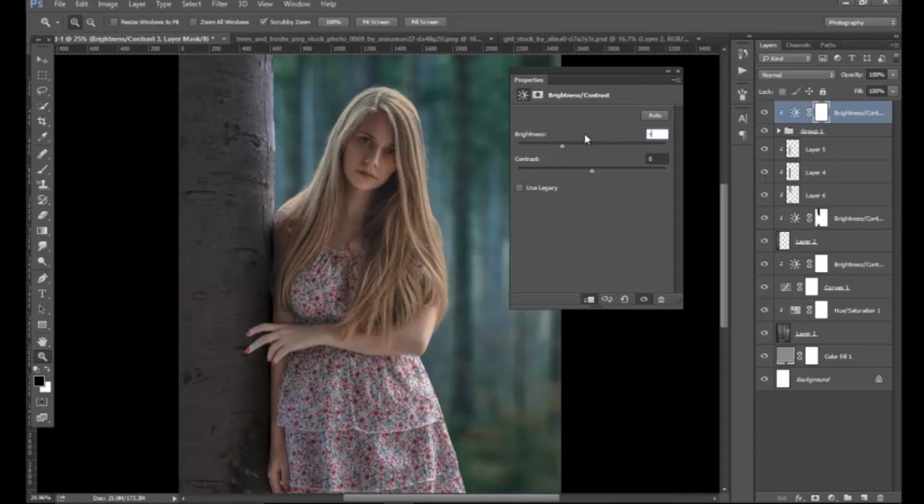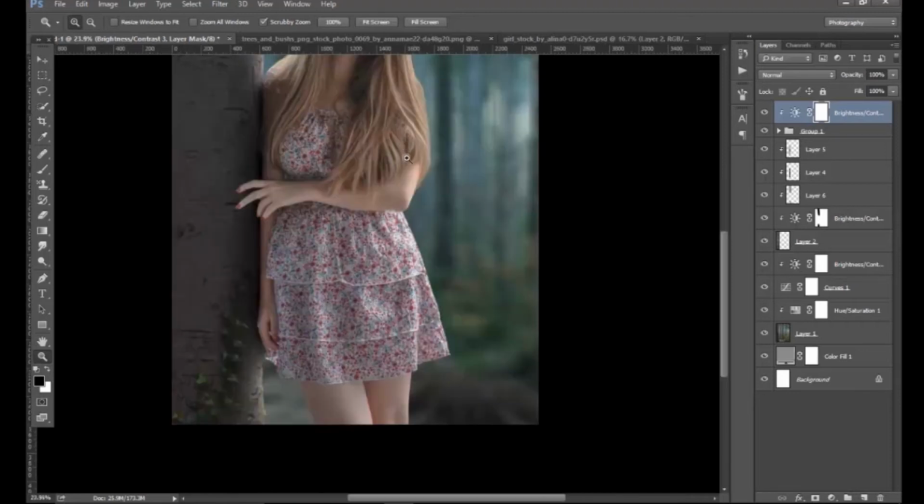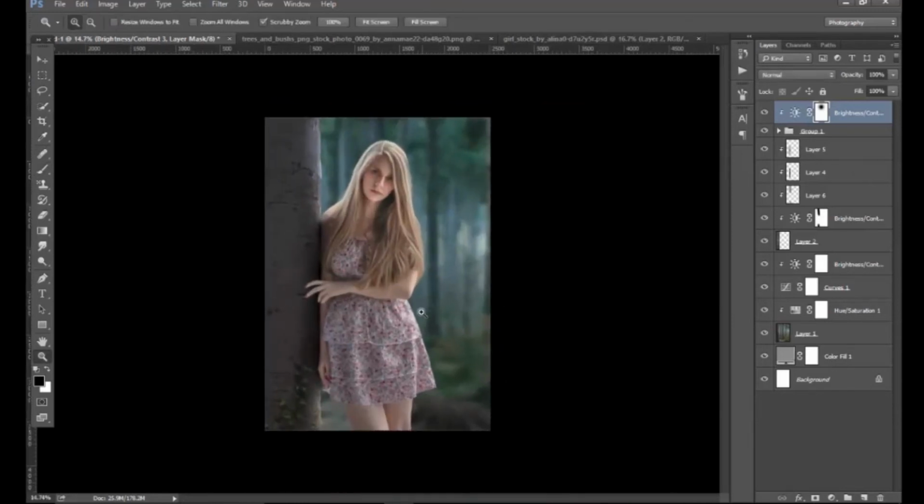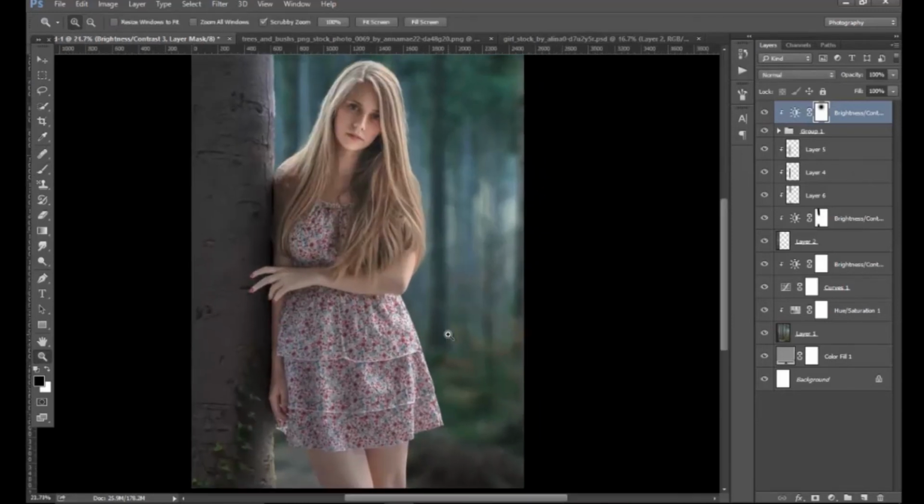like -50 or 55, and I want my face a little bit of exposure on it, so I will just paint over it with black color on the layer mask, so you can see that this is proper exposure to me. And then